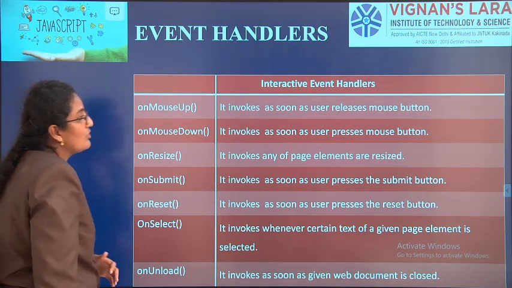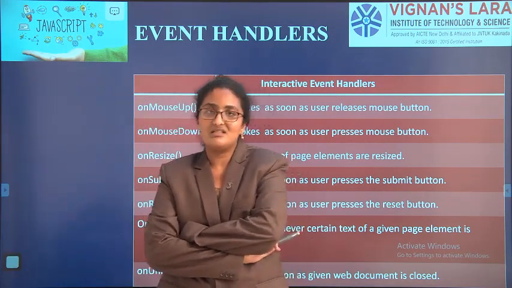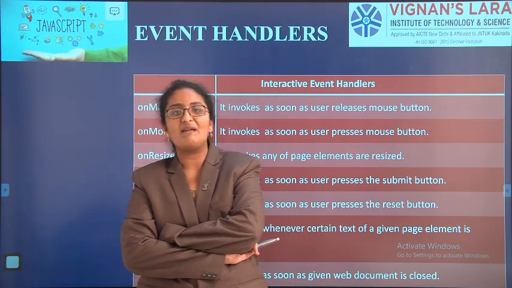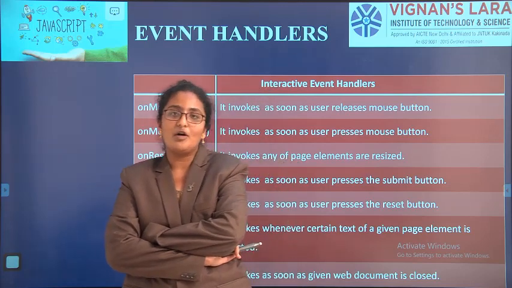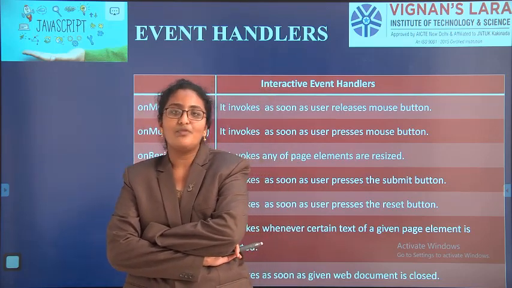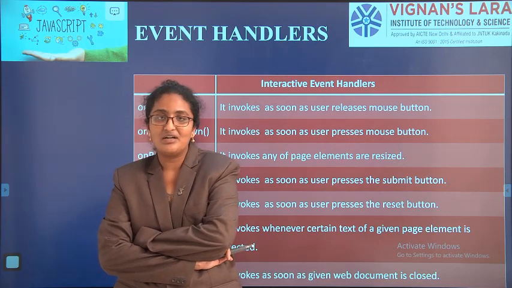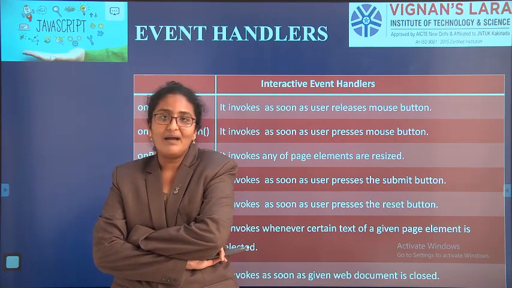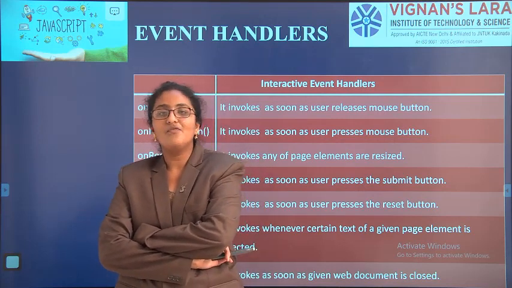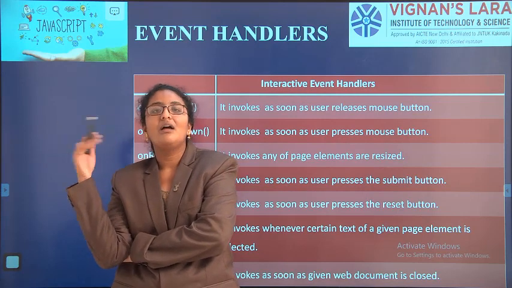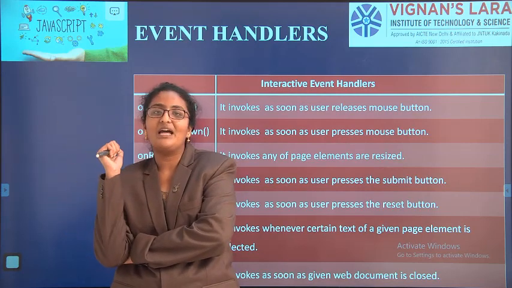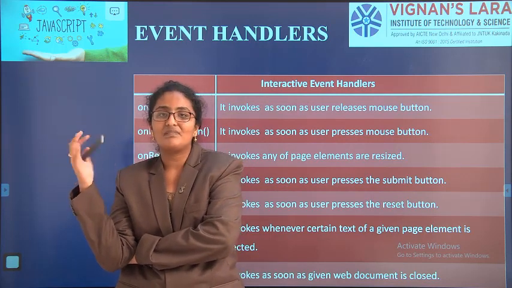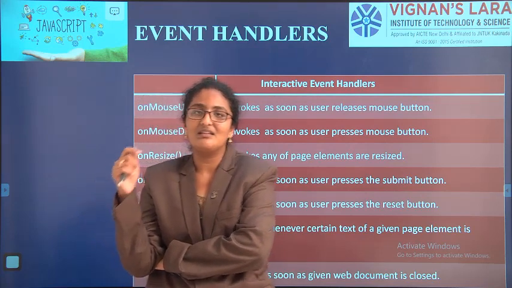So till now we have discussed all these things. We have discussed what JavaScript is, the data types, variables, operators, control structures, and type conversion. Then we discussed objects, object creation, arrays, and functions. Then constructors. Then regular expressions and pattern matching with regular expressions. Then finally DHTML, and the event handlers in DHTML. In the next class we will see the continuation of DHTML. Thank you.